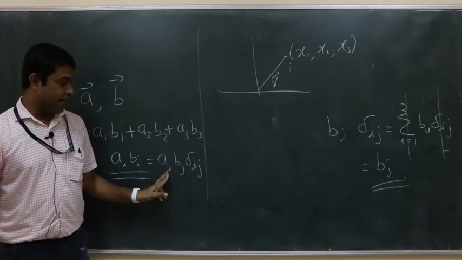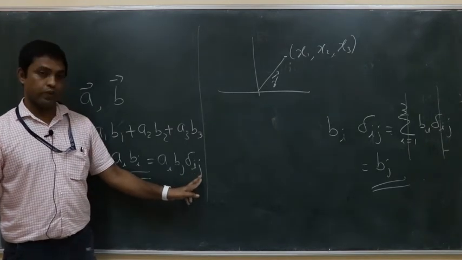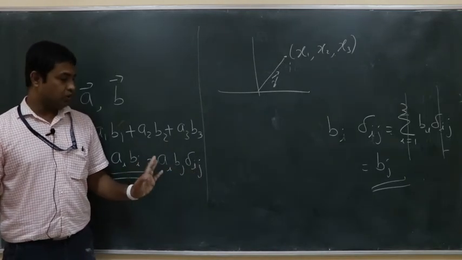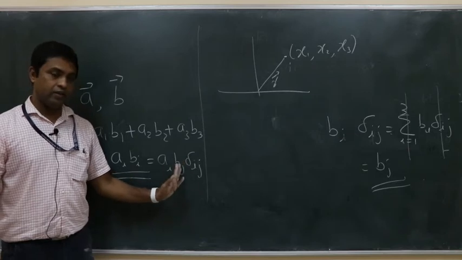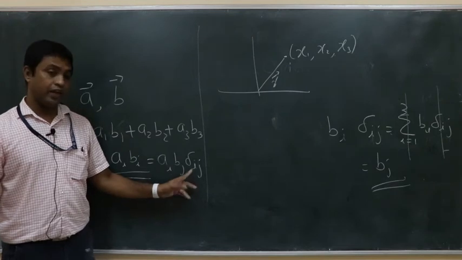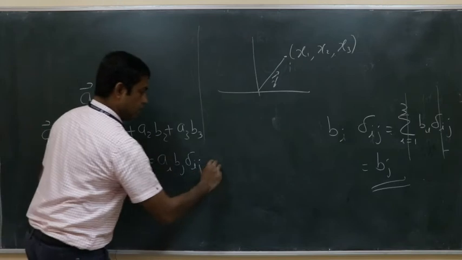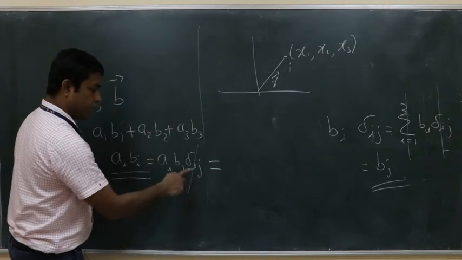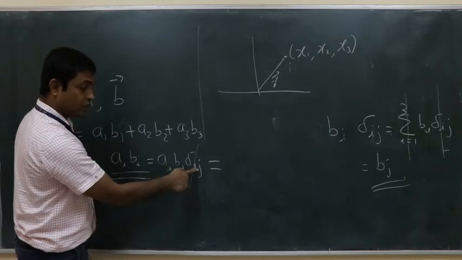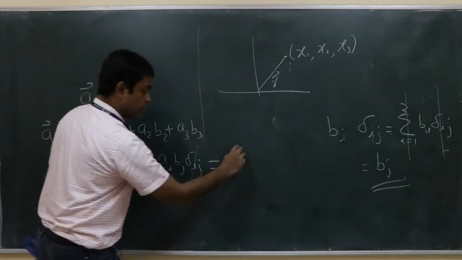Okay, so ai, bj, delta ij. J is summed over, i is also summed over. So I can either remove the i or I can remove the j. I can do one of them. Suppose I remove i. What will be the answer? I remove delta. I am now looking at only the index i. Wherever i is there, I replace it with the second index j. So it is aj bj.